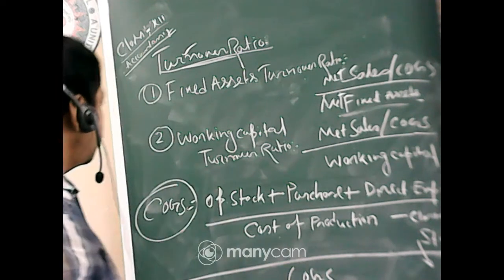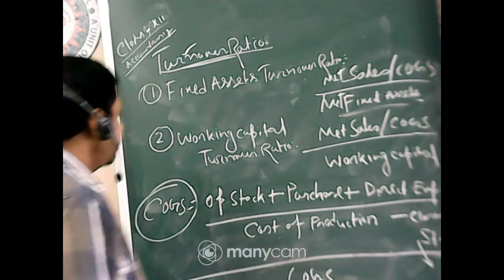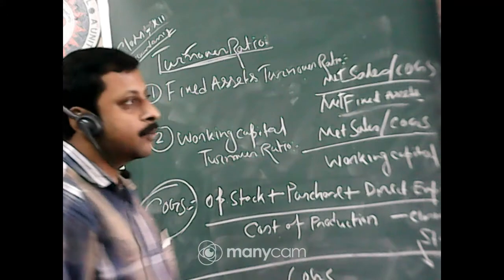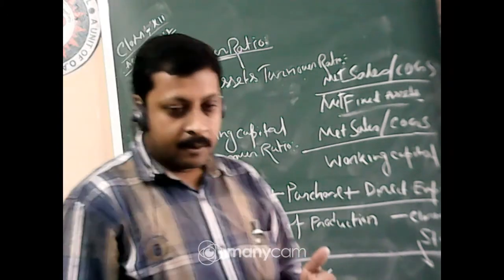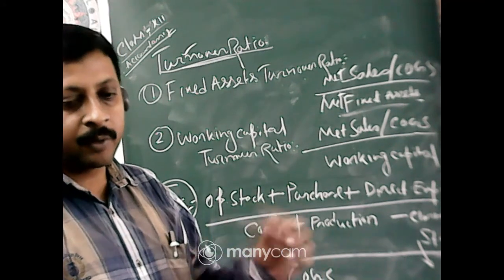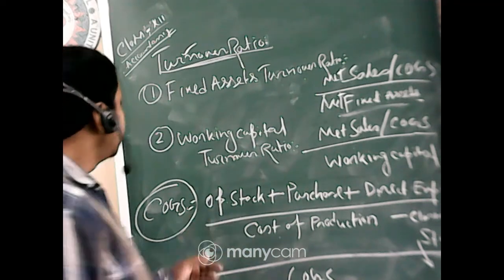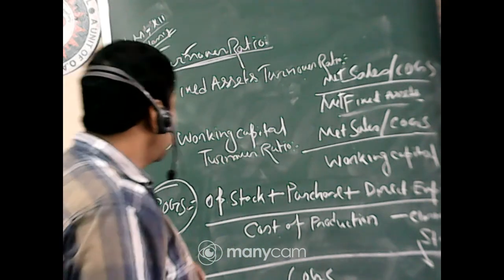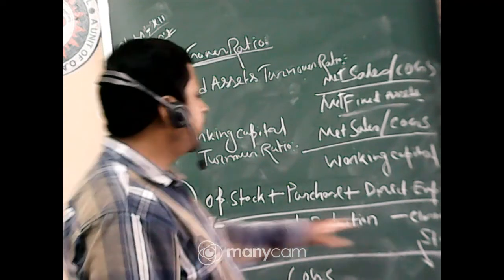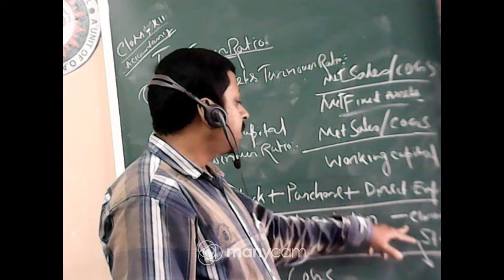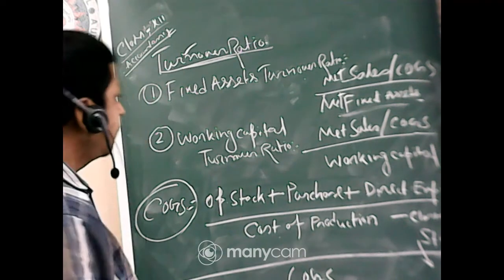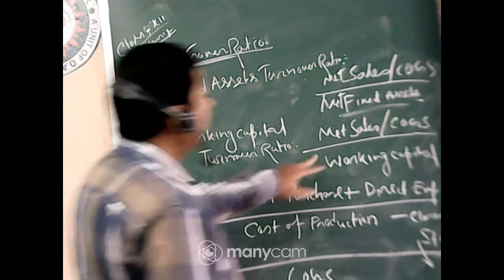Okay, now what is cost of goods sold, I have explained here. That is opening stock plus purchase plus direct expenses minus closing stock. Why do we deduct closing stock? Because this is not a cost of sales. The stock is lying in your factory, you are not selling it, so this cost should be deducted from the cost of sales. If you subtract closing stock from the cost of production, that is your cost of sales or cost of goods sold. So again, we can use the cost of goods sold in case of working capital.